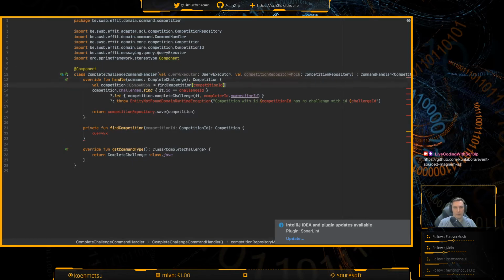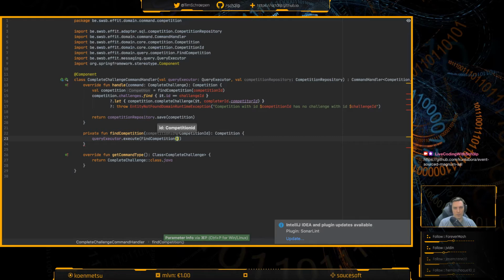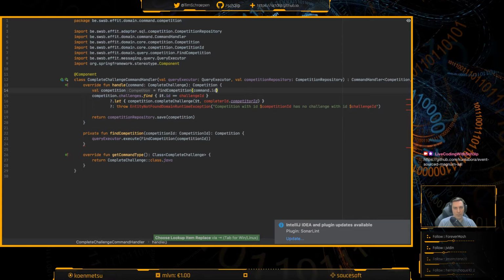Probably why. Find competition with this competition ID. And now what we should do is take the competition ID from the command. Same for here, so command.challengeID, and here it should be command.completerID.